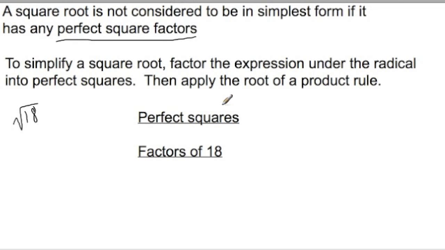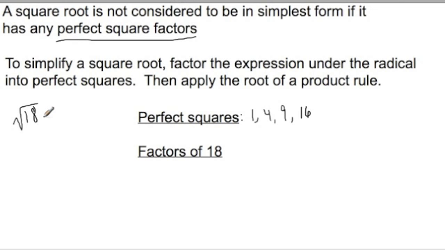Perfect squares are numbers whose square root gives you an integer. You can find the perfect squares by simply squaring each of the counting numbers. We can start by squaring 1. 1 squared is 1, so 1 is a perfect square. 2 squared is 4, so 4 is a perfect square. 3 squared is 9, 4 squared is 16, and here we can see we've listed enough of the perfect squares that are going to get us close enough to 18 that we'll be able to find the biggest perfect square